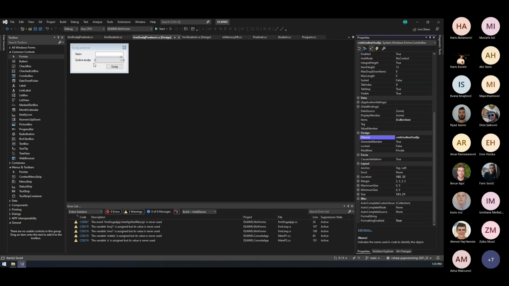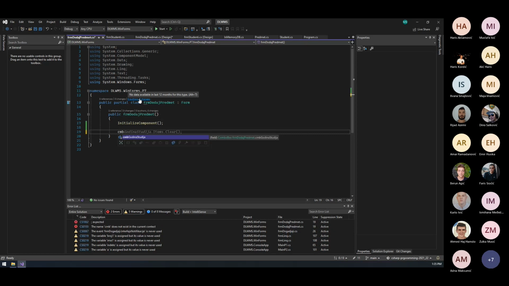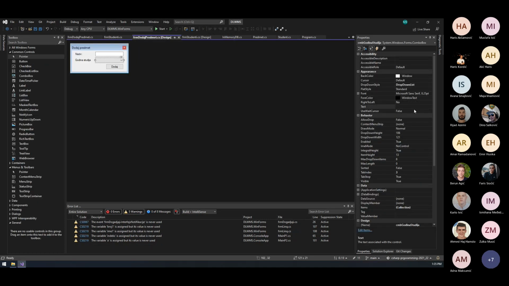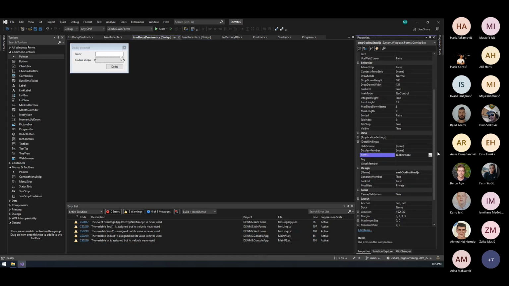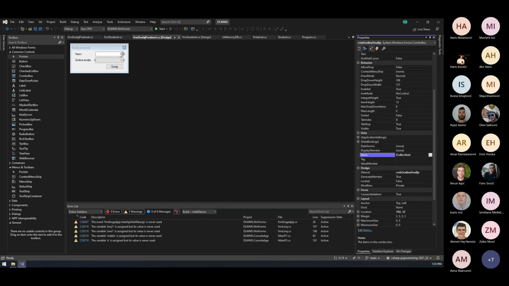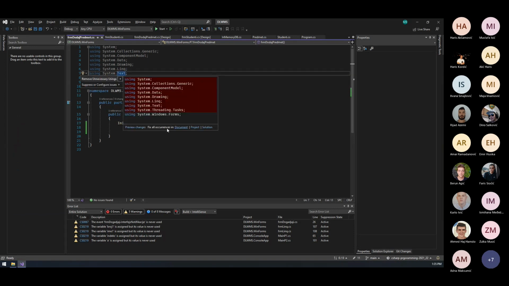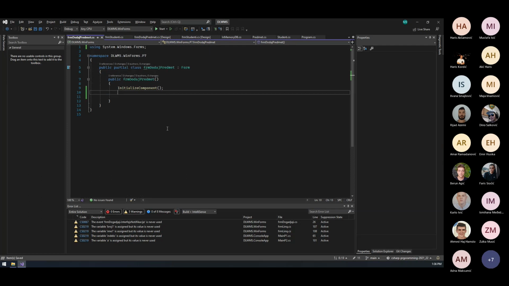now here's the thing though. If you actually try to fill it in from the UI, I have seen a lot of people trying to do this. So they go into items and then they just simply fill in the items in here once per line. You get an issue with how you pick up the items. But if you actually fill it in in code, because we know that there are 4 years of studies and they almost never change, I think. So what we do here is we just simply say godinastudia.data source is going to equal to new